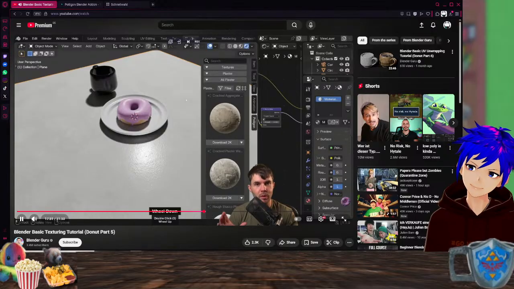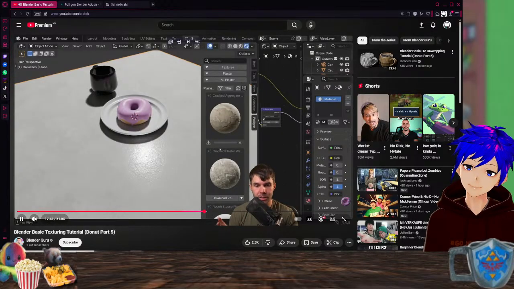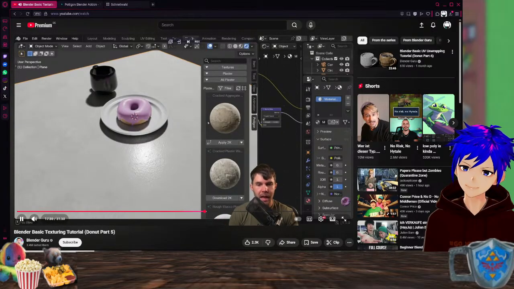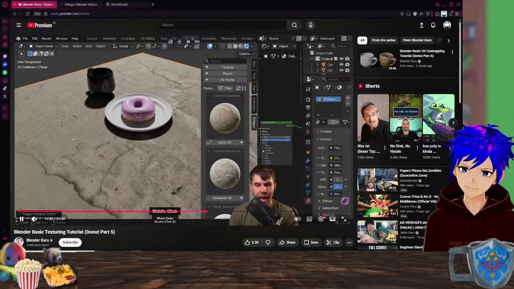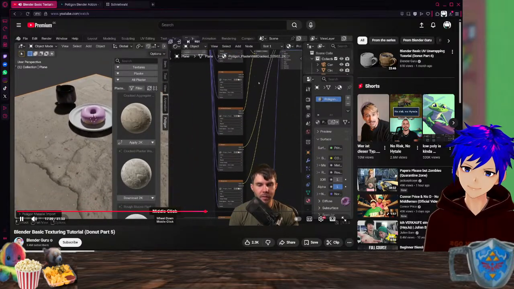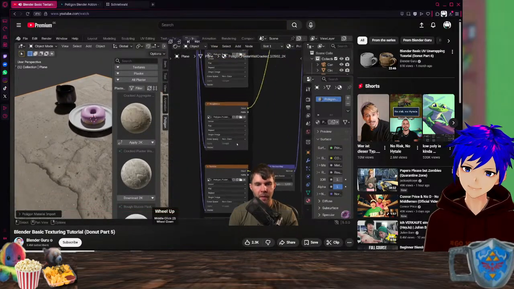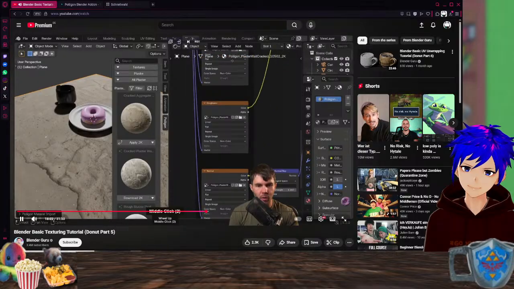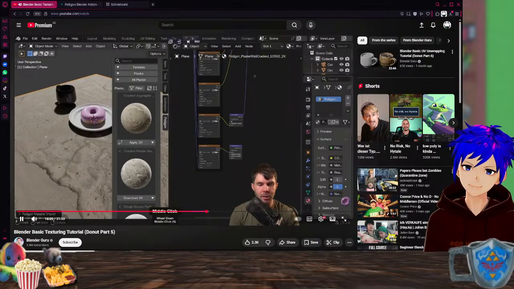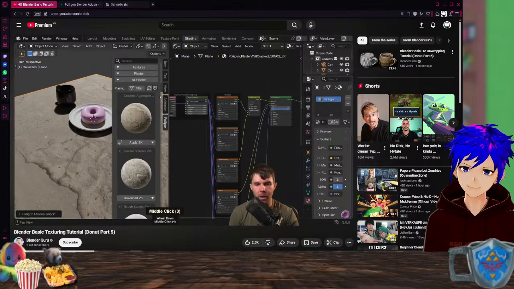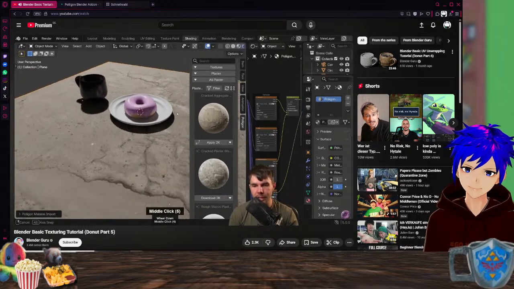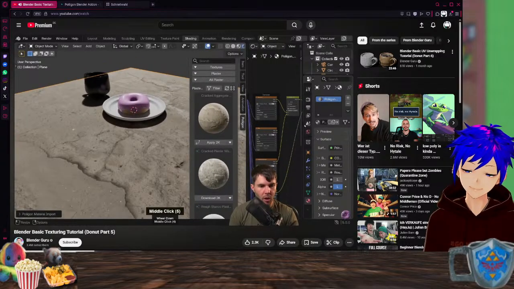And importantly, this will actually download it. So one click download like this, and then one click apply. And look at this. All of this has been set up automatically. All of these are automatically set to non-color. We've got the exact precise correct use of every single map that is ready to go.